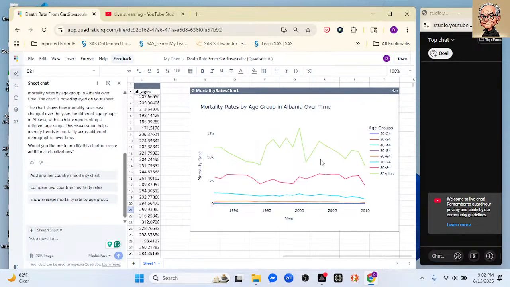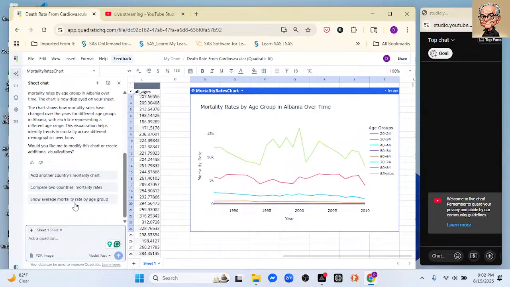So it gave us a quick plot of the age groups, mortality rates. Okay, so it doesn't include the total group. Very good. So you can see the highest age group, as should come as no surprise, is